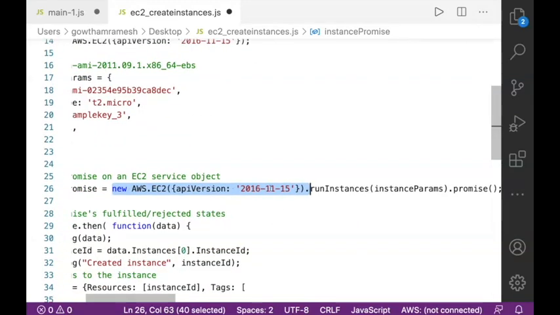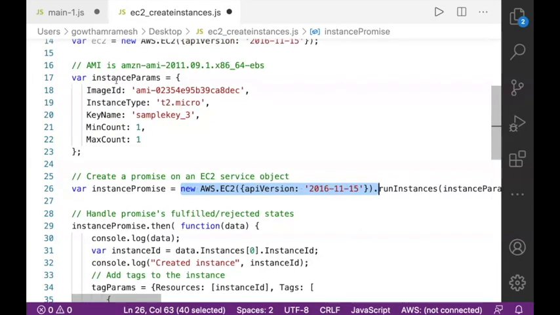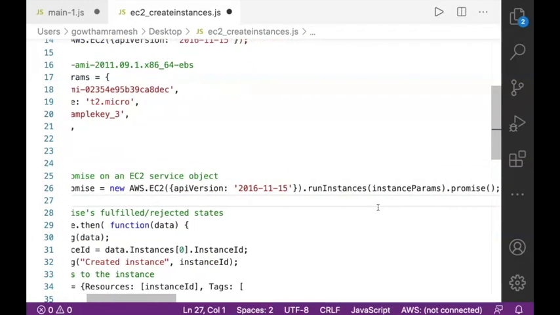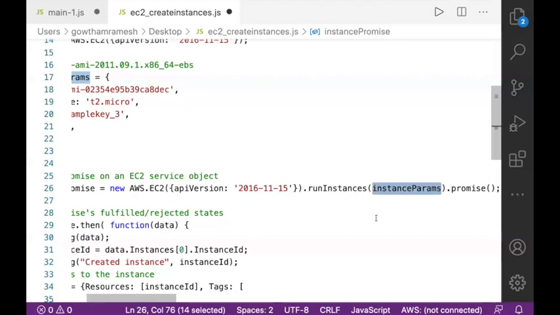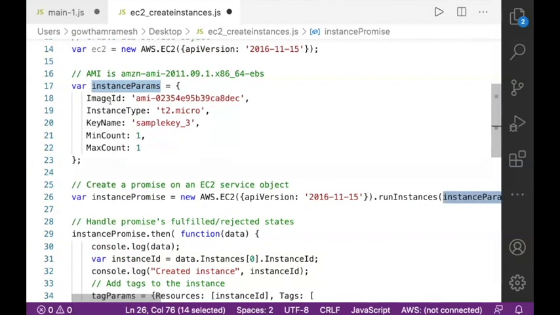From this instance, if you want to create a set of instances based on the configuration you set in the instance parameters, you're supposed to execute a member function called runInstances. This runInstances will help you launch the specified number of instances. The parameters for runInstances are nothing but the instance parameters, which include the image ID, instance type, key name, min count and max count.